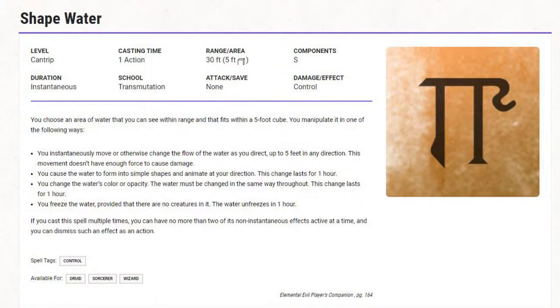Now, when we say you can shape water, the area that you can affect is still only 5 foot. But 5 foot is bigger than a small trinket-sized item like Prestidigitation. A 5 foot cube is still essentially the same space as Minor Illusion. That's why I really like Shape Water in particular. All right, Epic Donut 1109, hopefully that answered your question.